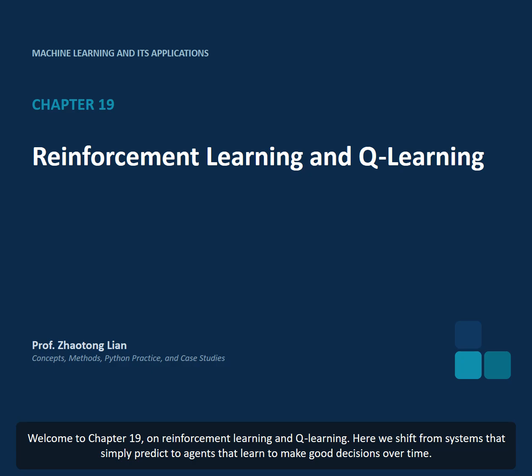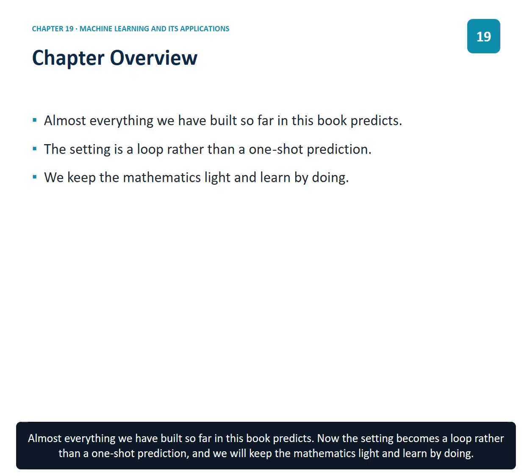Welcome to Chapter 19 on reinforcement learning and Q learning. Here we shift from systems that simply predict to agents that learn to make good decisions over time. Almost everything we have built so far in this book predicts. Now the setting becomes a loop rather than a one-shot prediction, and we will keep the mathematics light and learn